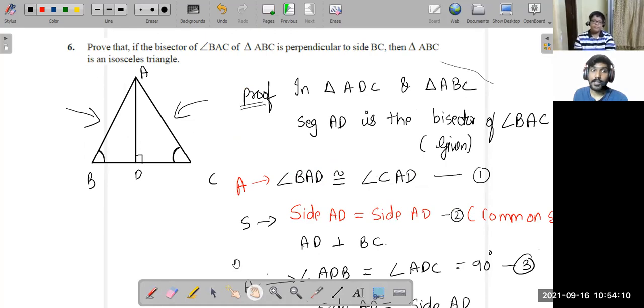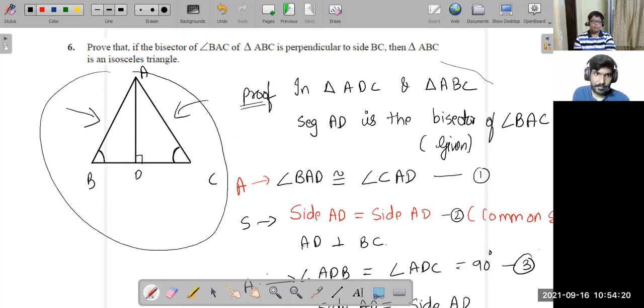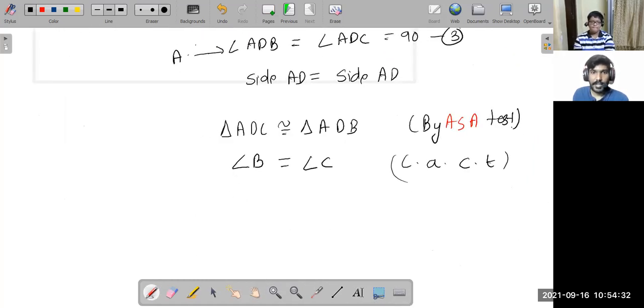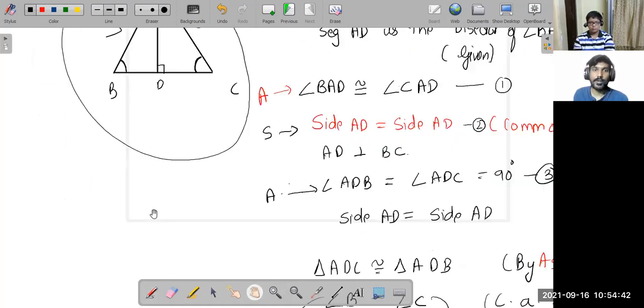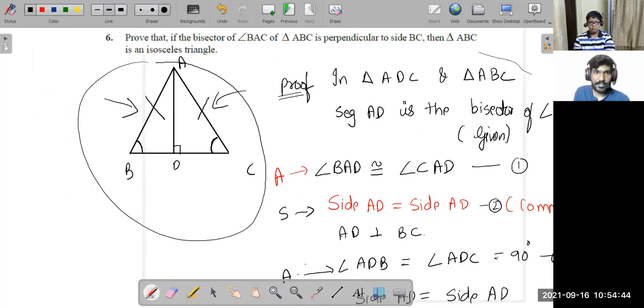AD. Angle B. No, don't look at the perpendicular. Side, I said, side of the triangle. Side of this entire triangle. Don't look at the perpendicular now. AC, sorry, AC. And which is the side opposite to angle C? AB. So AC is the side opposite to angle B and AB is the side opposite to angle C. So these two sides are equal to each other. This and this sides are equal.